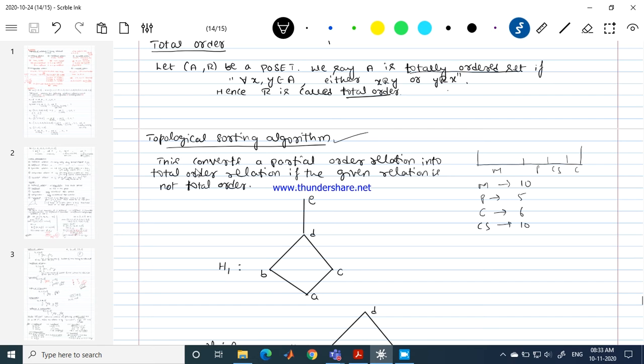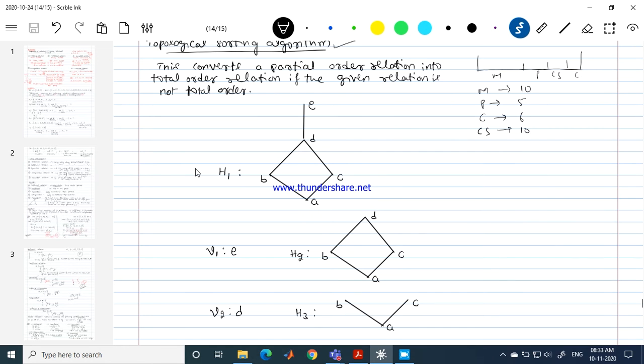That is the conclusion we can make. But in this kind of example, we can note that there is no connection between B and C. So this is enough to say this is not a total order relation. So to have the total order relation, what we did here: